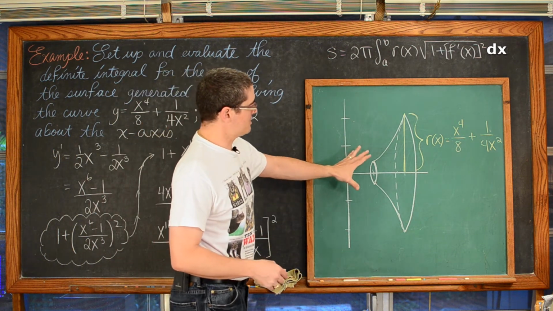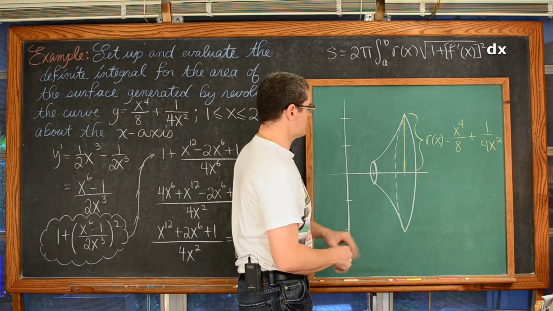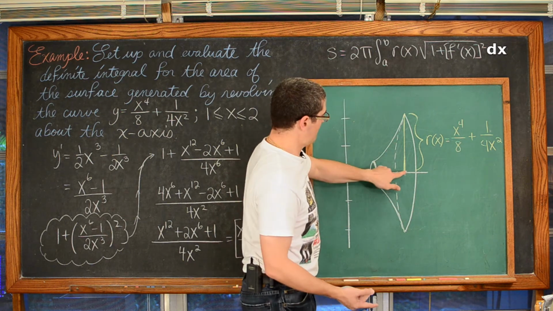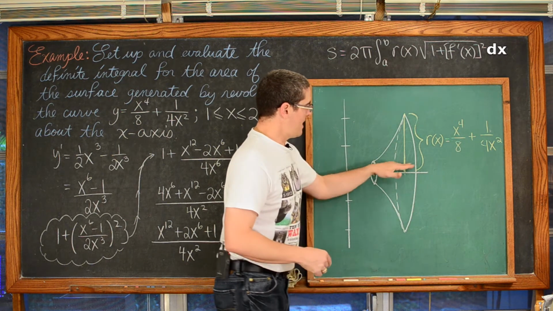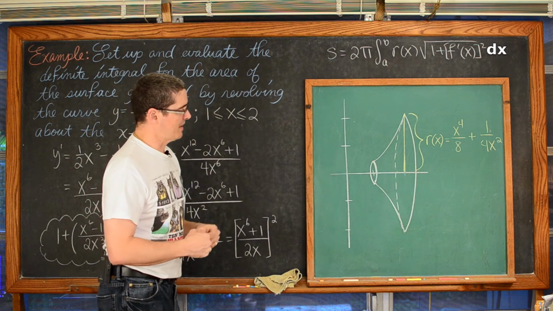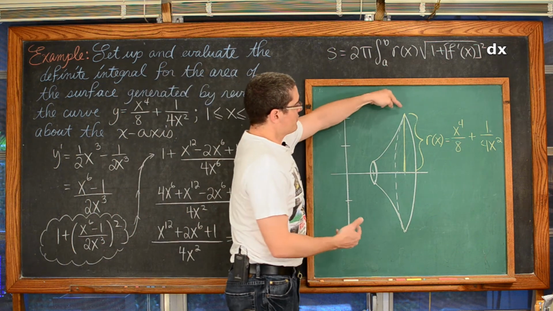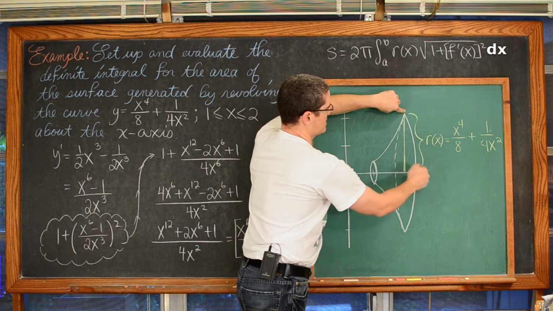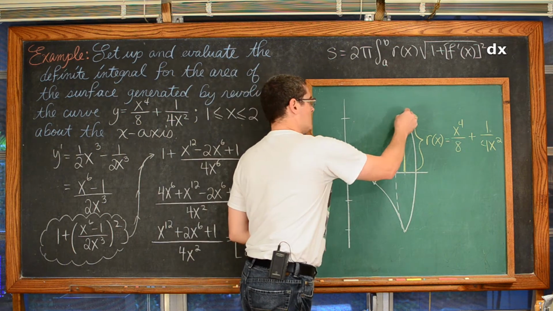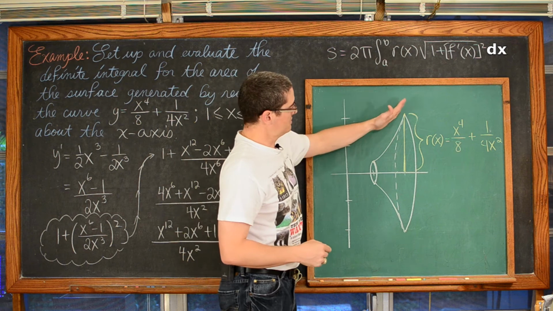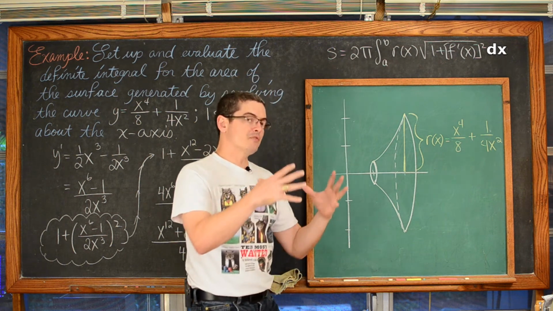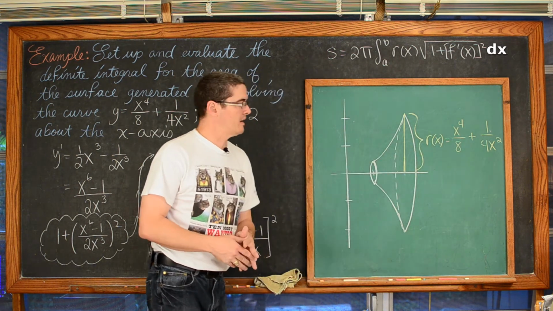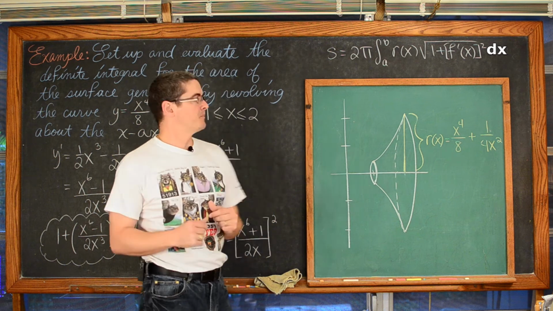So before I move our picture of our diagram away, of this surface of revolution we're trying to find the area of, the radius, well, the function is defining how far we are away from the axis of rotation. And we're looking for a vertical distance. So really technically it's the greater y minus the smaller y. And since our axis of rotation is y equals 0, then it's basically the y that we're getting from the function that is defining the outside surface, which is x to the 4th over 8 plus 1 over 4x squared minus 0.